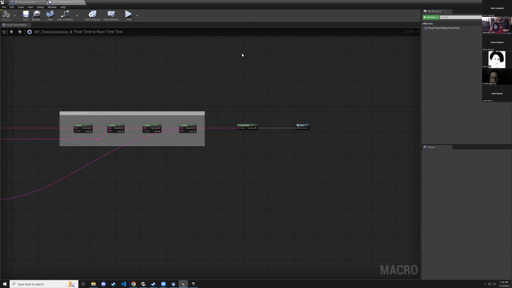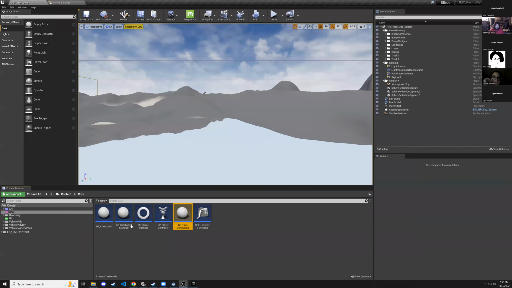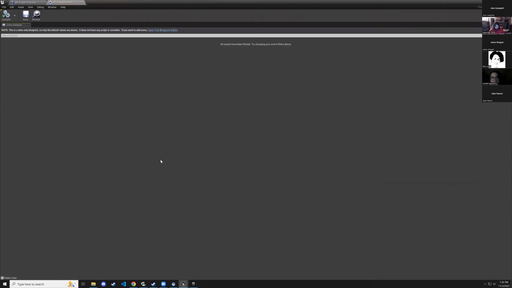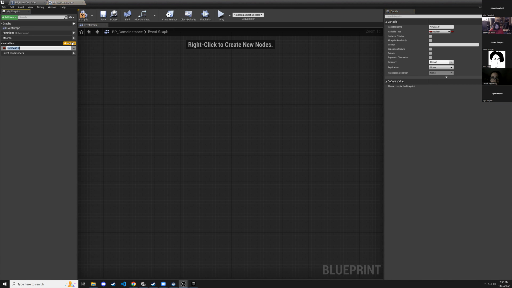Now, time conversion. We close the time conversion thing. And now let's go to our game instance. I got a little bit of time. Let's see what else I can get done. Game instance, open full editor. We're going to add a new variable. Vehicle selection. And actually, this is not going to work out for us. We'll just leave it as Boolean for now. We're gonna need to make a